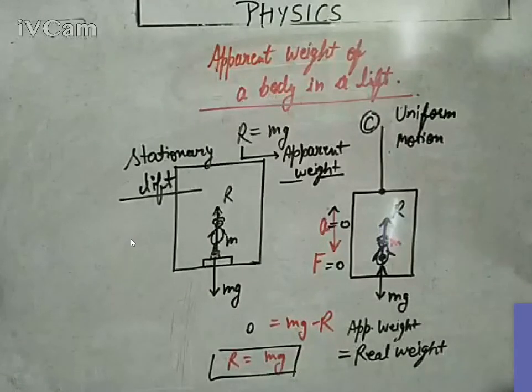That's why we usually move a lift with a constant velocity in buildings. Definitely you will experience accelerated motion in the upward or downward direction whenever a lift starts to move. But as soon as it starts, after some time it attains a constant velocity, due to which you will start to experience your original weight, not the apparent weight. Only at the moment of starting or stopping of a lift will you feel your apparent weight different from your real weight. Otherwise, you will always experience your real weight because a lift practically always moves with a constant velocity.